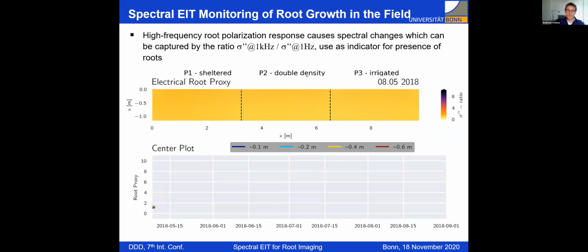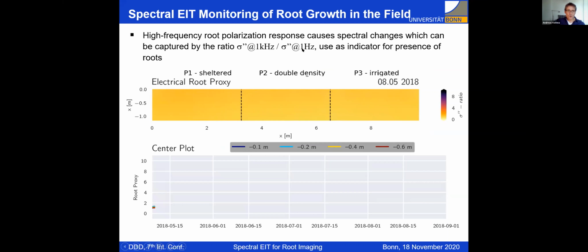And now showing you the result for this 2018 growing period, we decided to look at actually a spectral change of the polarization response. So I mentioned that we have this frequency dependence in the polarization, which can be measured by the imaginary component of conductivity. And we looked at the ratio of conductivity at 1 kilohertz over conductivity at 1 hertz to eliminate